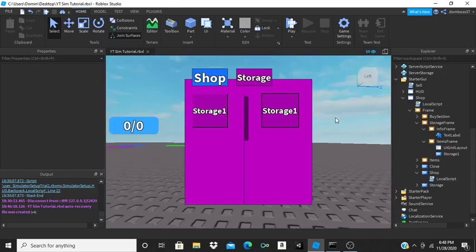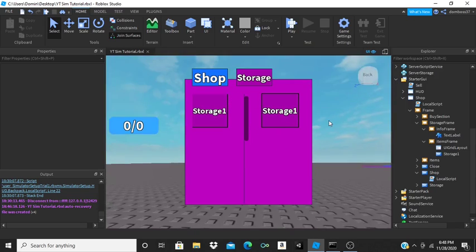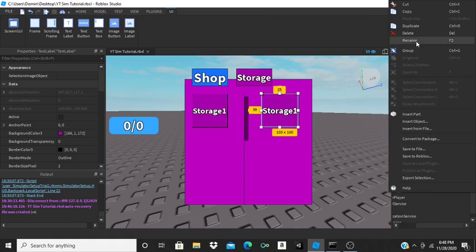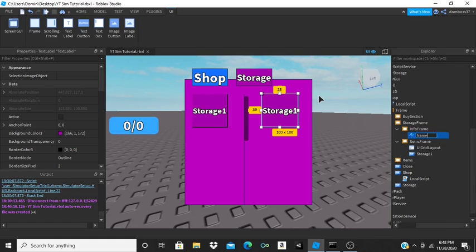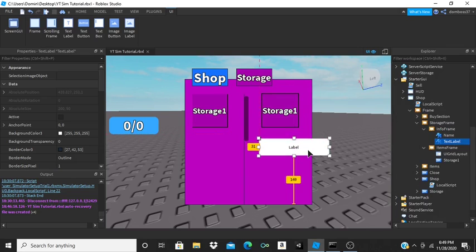Alright, so here we go. I guess that's just what buttons do, they only have the outline on the 90 degree side, just like the right side. But anyways, that's that part. We're going to rename the text label to name, and then we're going to insert another text label,